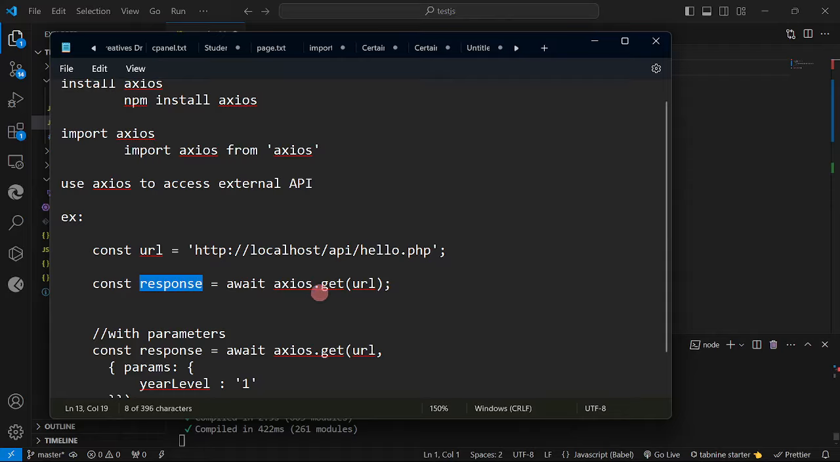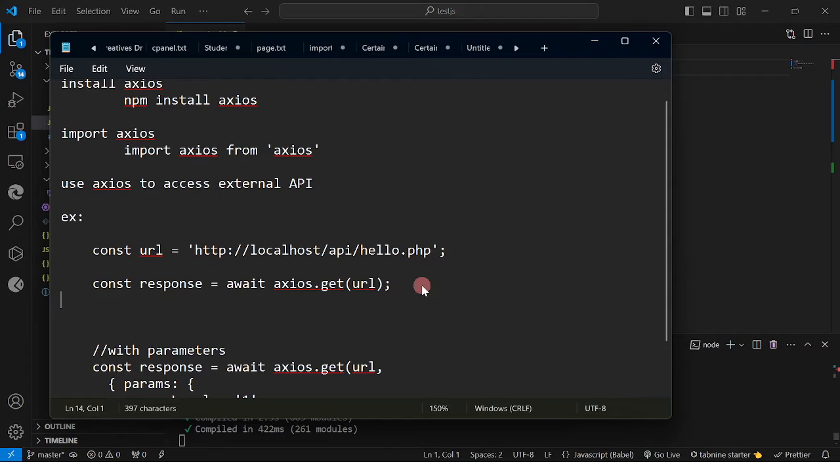Okay, then we're going to use the syntax axios.get, then just specify the URL, for example, this hello.api, then await. Since it is going to get data from an external location, we must issue the command await. So meaning, if ever I have a command here, let us say